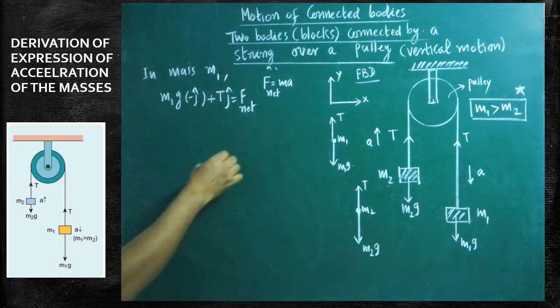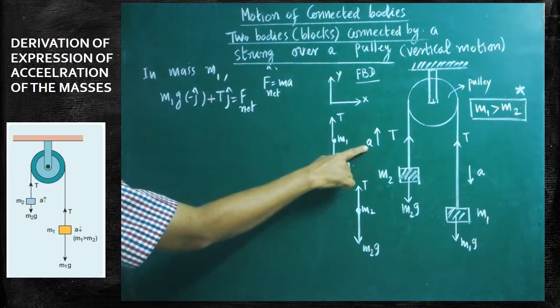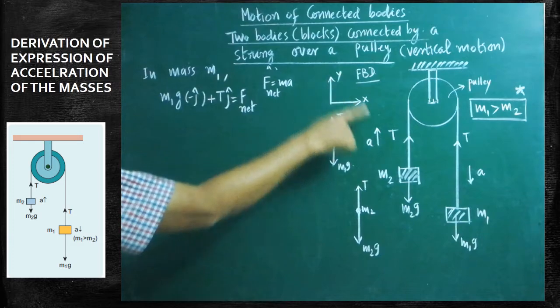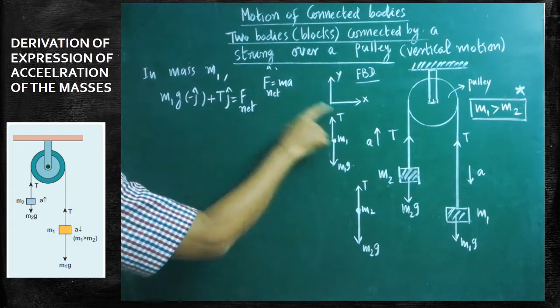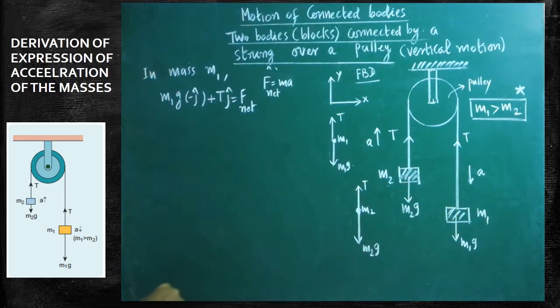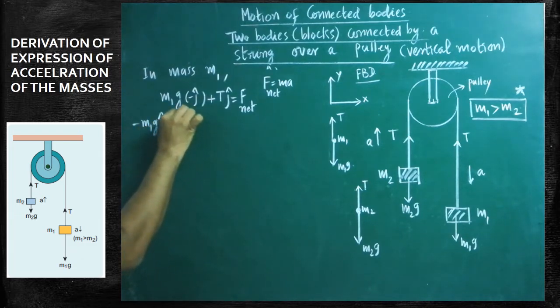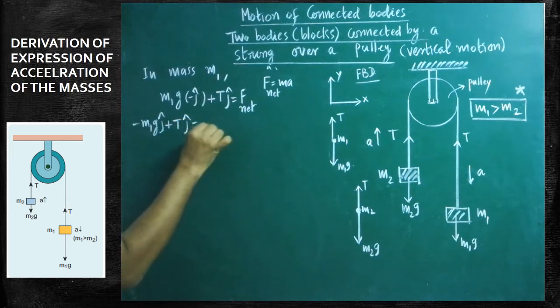Are you clear? In this net force, that a is there. Look at the a that is acting along upward direction. In the case of mass m1, the acceleration is acting along downward direction. Are you clear? Again I will write m1g minus j cap plus T j cap is equal to, instead of